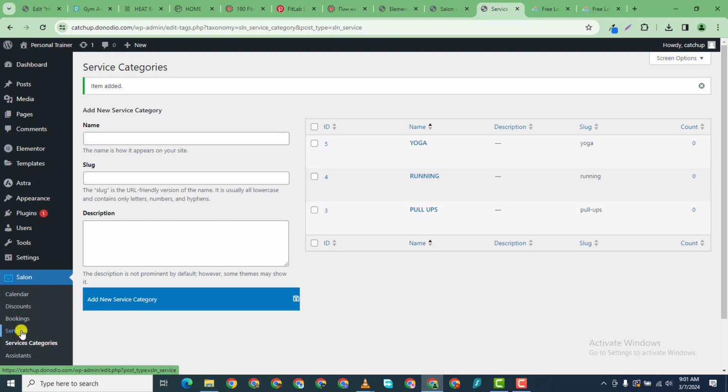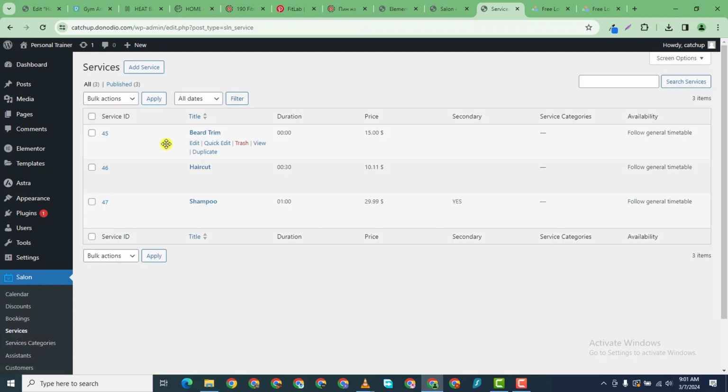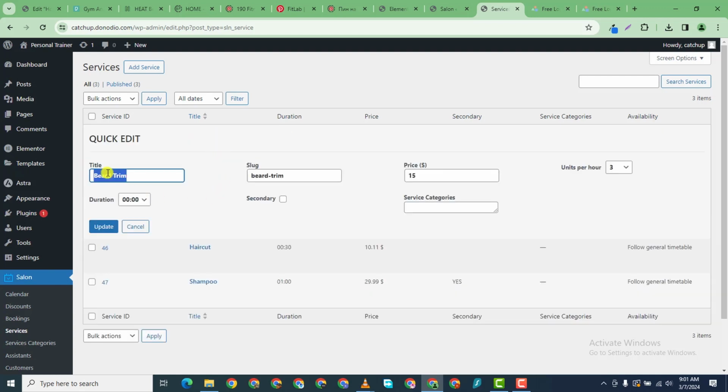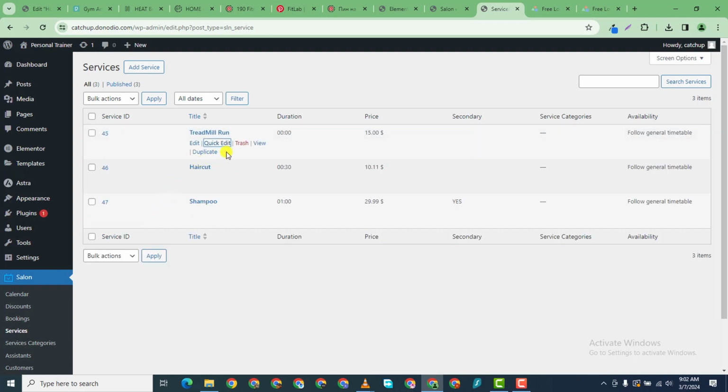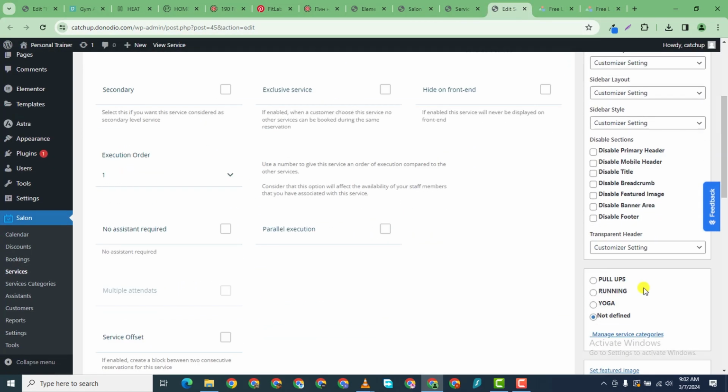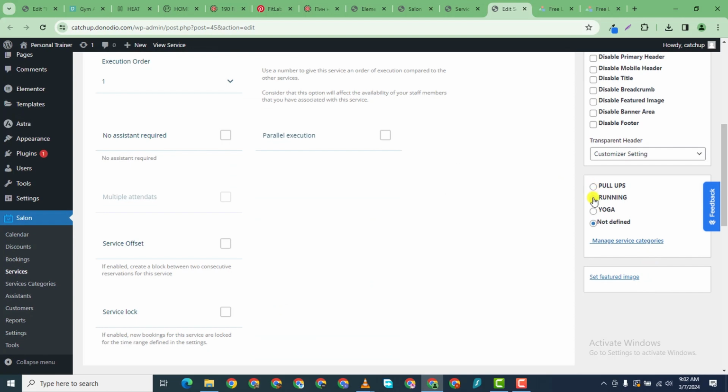On that, now we want to click on services. I will change this to treadmill run. I don't know, whatever those services are. I'll choose the category. Anyway, I'll choose it manually. Let me update. Let me edit it on another page. Let me choose the category here. It's under running,